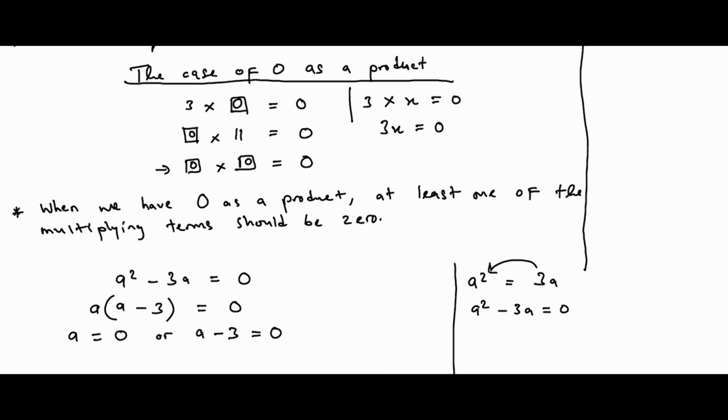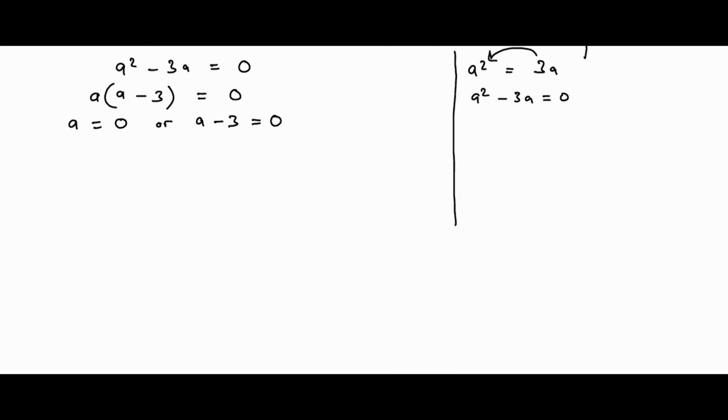Okay, then from there panapa we just solve kuno because a is equals to 0. It's already in its final stage. A minus 3 is equals to 0. We know a will be equal to 3. But that therefore a is equals to 0 or a is equal to 3. That will be our final answer.